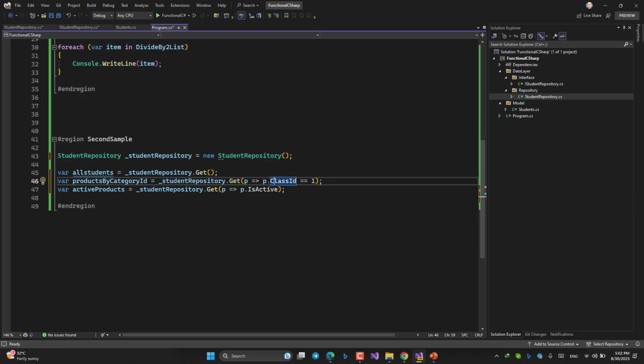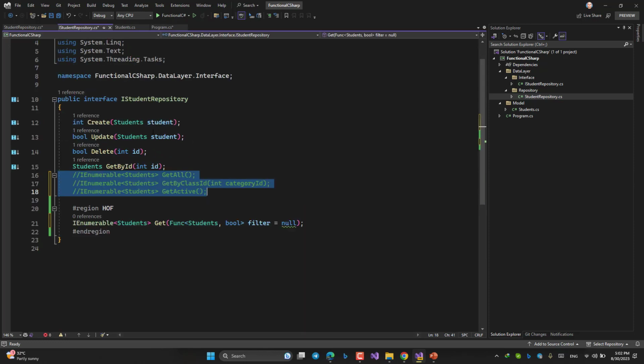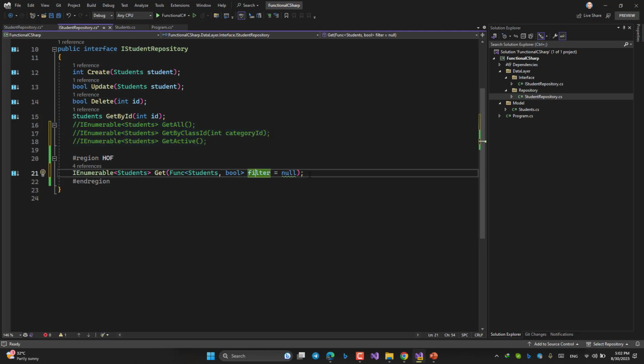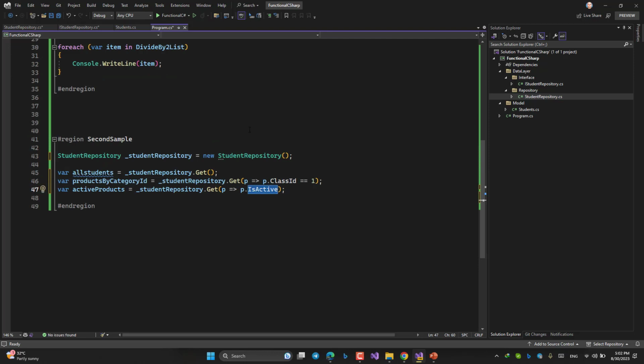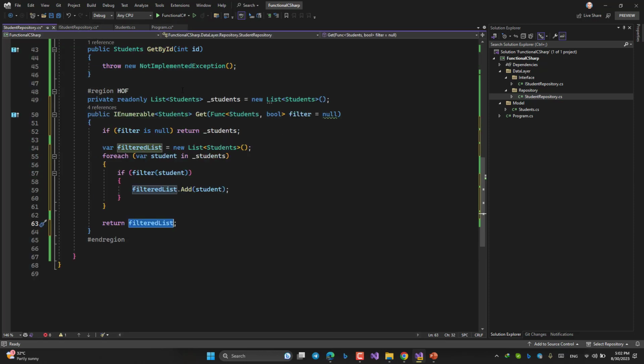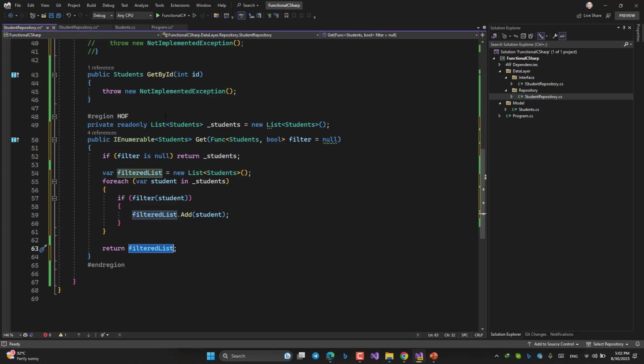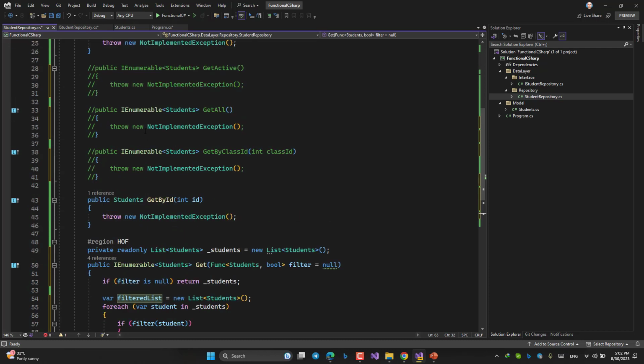So all of them can be handled by this. See? Then no need to create so many different methods and make my code difficult to read or troublesome.